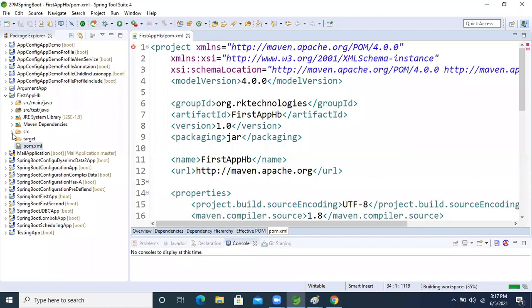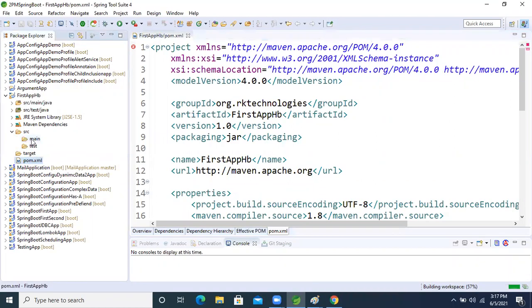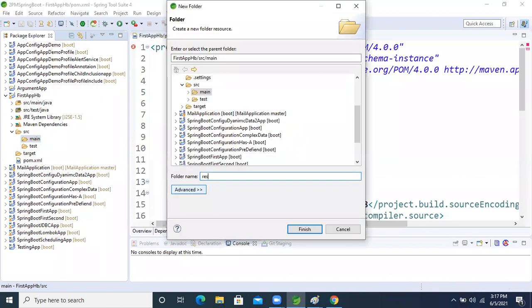So what we will do now is go inside src main, right click on the main. My system is hanging now. Go inside New and create one folder, resources.